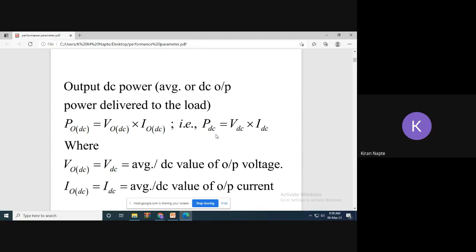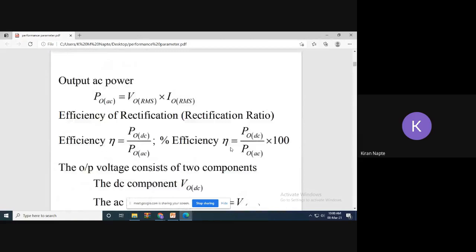That converter may be a single phase converter, or it may be a three phase converter. Okay, so the first performance parameter is output DC power, which is PDC is equal to VDC into IDC. Okay, the next performance parameter is